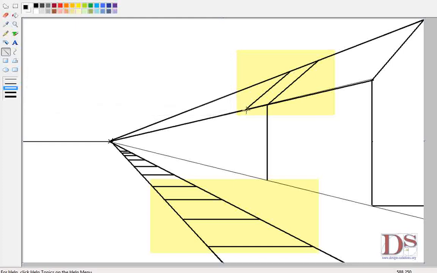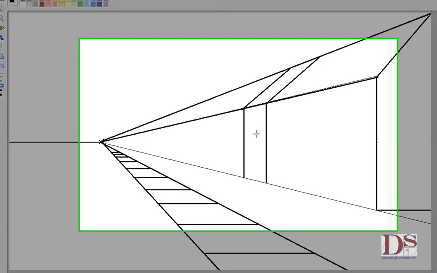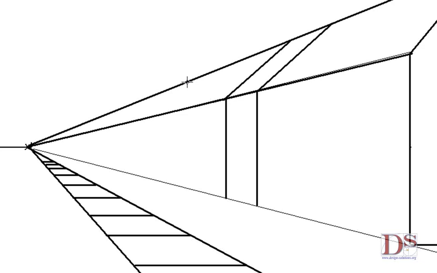Now to make these vertical lines parallel is much easier, because all we have to do is left click, hold the shift key and drag, and that will ensure that those lines are parallel. Now those of you who are keenly aware may start to see the houses that are emerging, and we're just going to do 3 for now. So again, I hold the shift key, drag. So that's our second house. Then I'm going to skip a little ways. Again, draw another parallel line, hold the shift key and drag down,